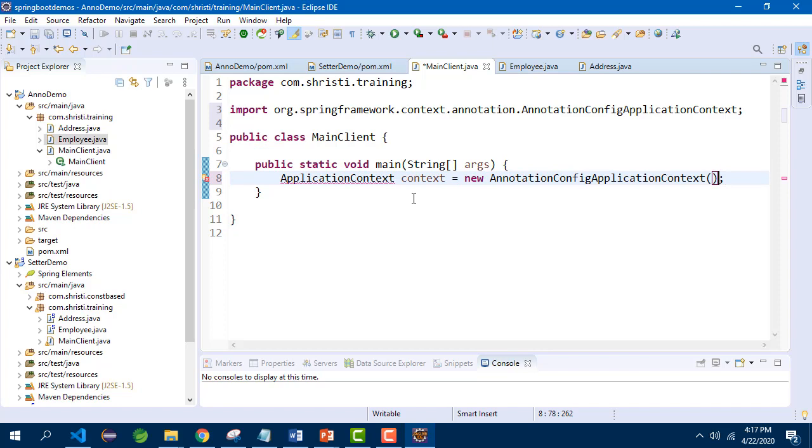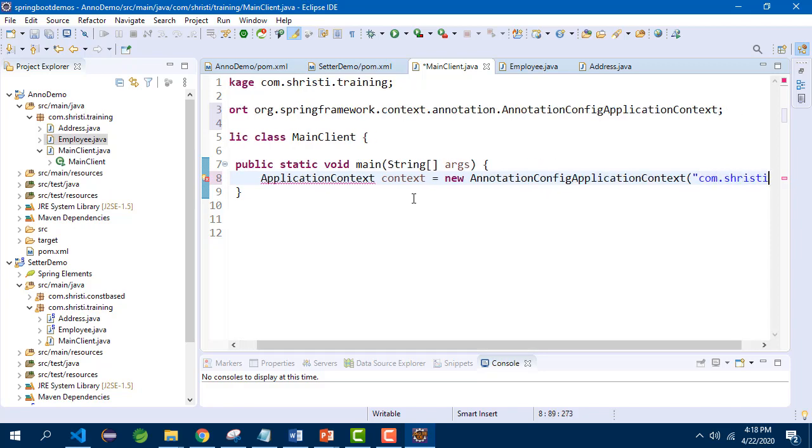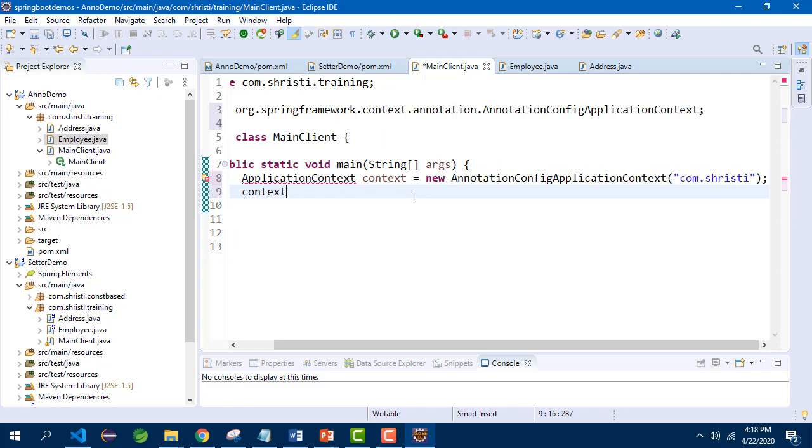In case of XML, you pass the XML file name. In case of annotation, you need to pass the package name. So I can just pass the root package com.srishti. In the next line, as usual, I can call